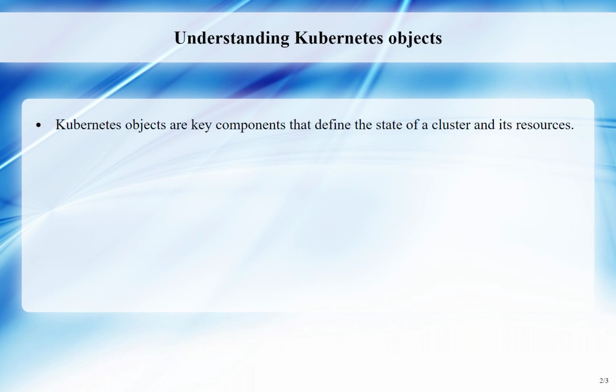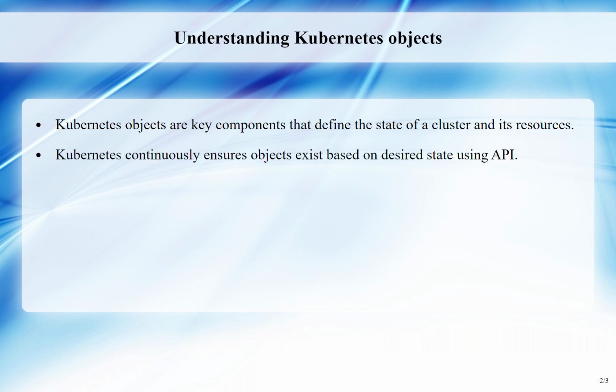Kubernetes objects are crucial entities in the Kubernetes system that represent the state of a cluster. These objects can describe containerized applications running on nodes, available resources, and behavior policies. Once an object is created, the Kubernetes system will continuously ensure that the object exists based on the desired state